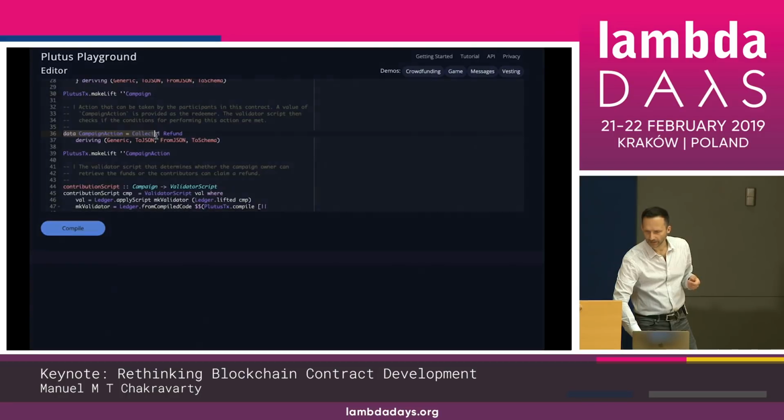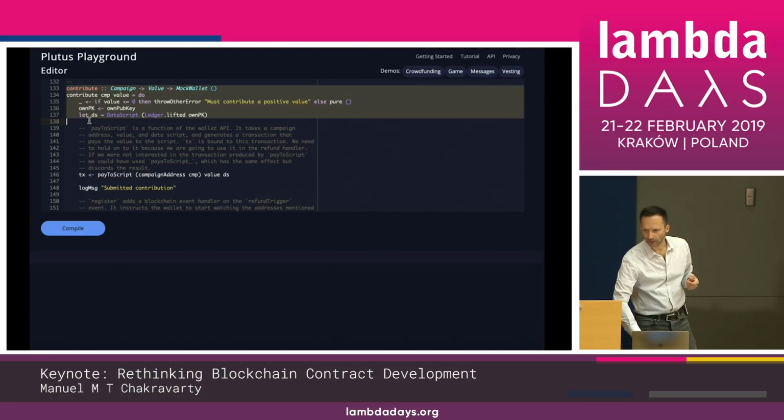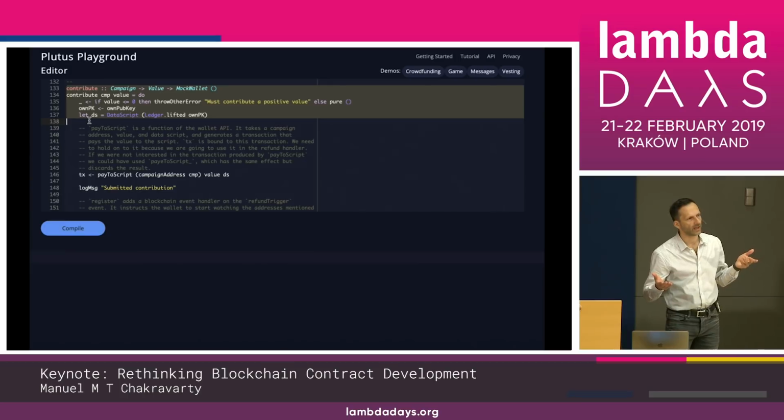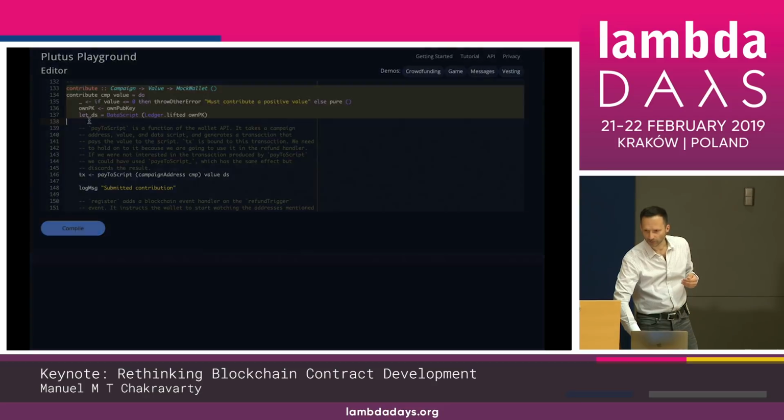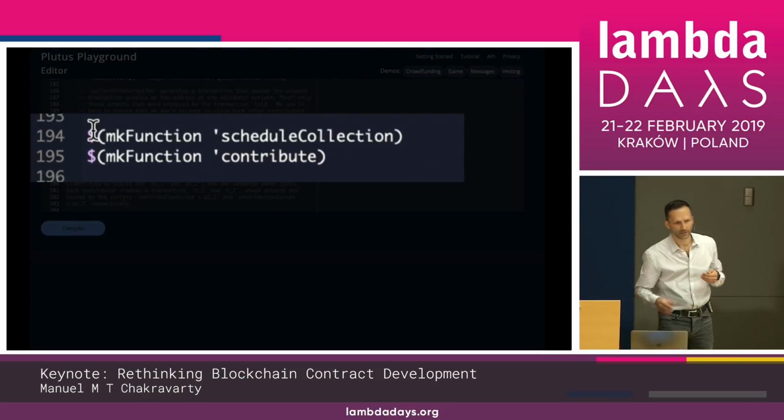And then if we are going down a little bit further, that's the contribute function, which I've gone through on the previous slides. So I'm not going to explain it again, but just highlighting, it's the same code.